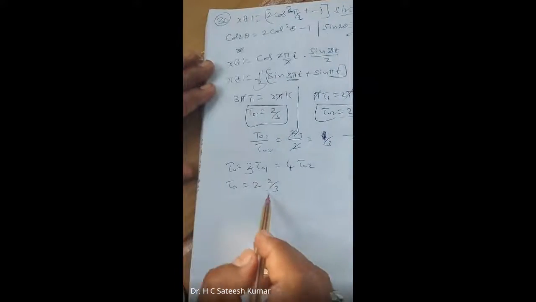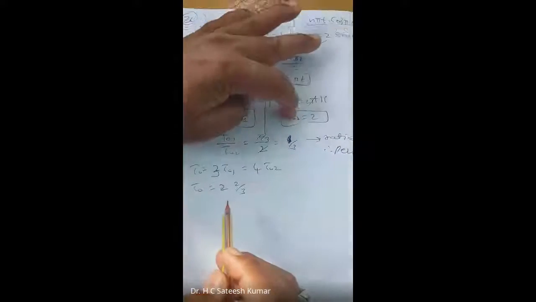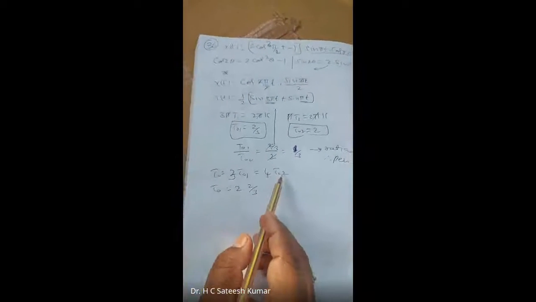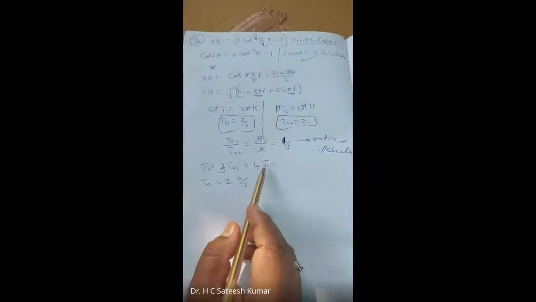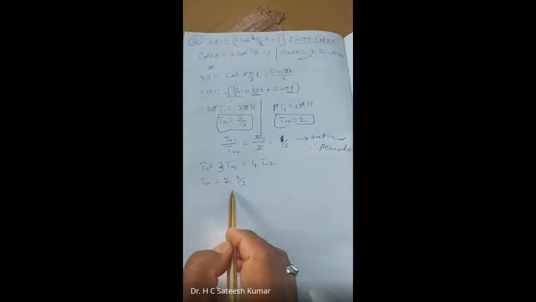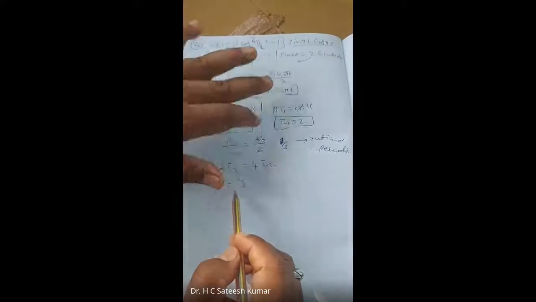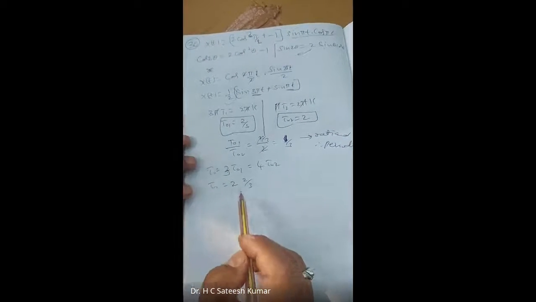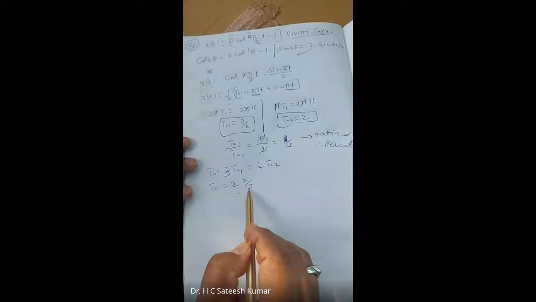That's why I'm not getting the answer. If we make a mistake here, you will not get the answer, because when you substitute back for T naught 1 or T naught 2, you should get the correct answer. That's what was confusing me here. That means you cannot make mistakes here. If you make a mistake, you will get stuck in the next step. That's what was happening for me here also.